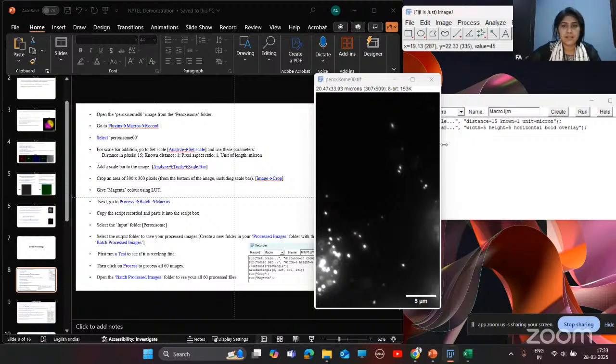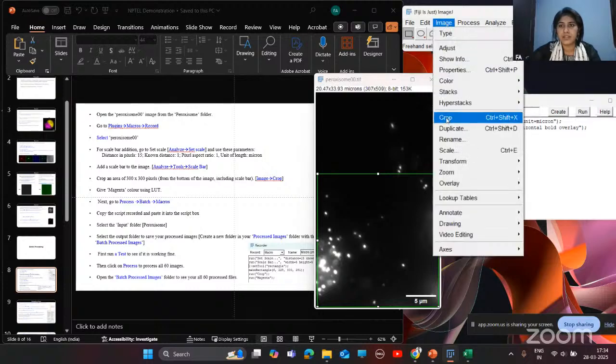Next step is we need to crop an area of 300 by 300 pixels. For this, we'll select this tool and we'll crop this from here to here. To crop this image, we'll go to Image and Crop.